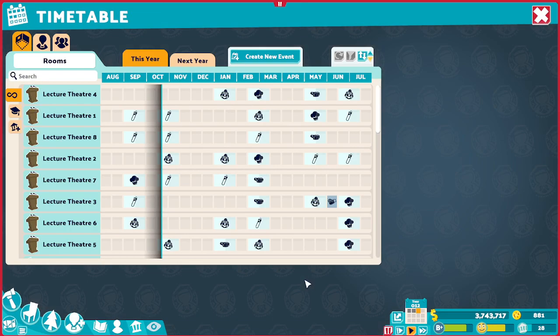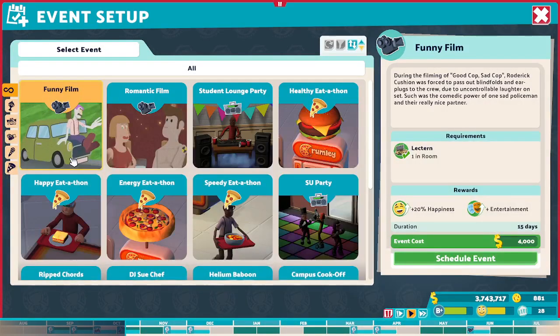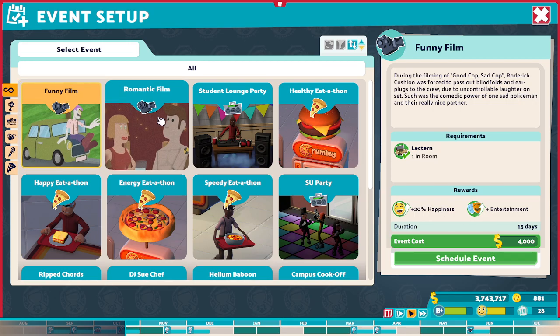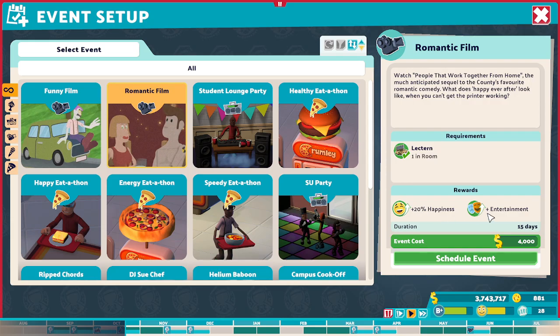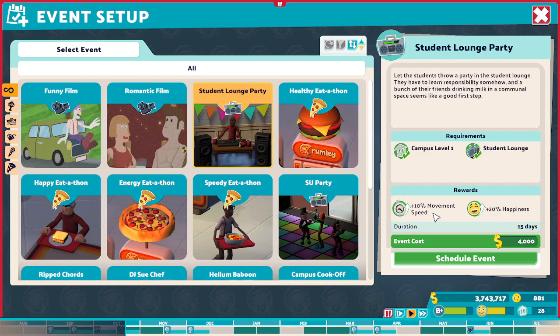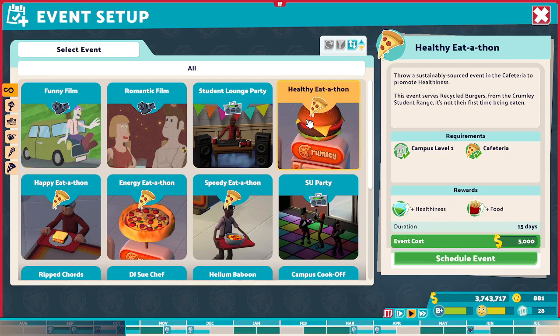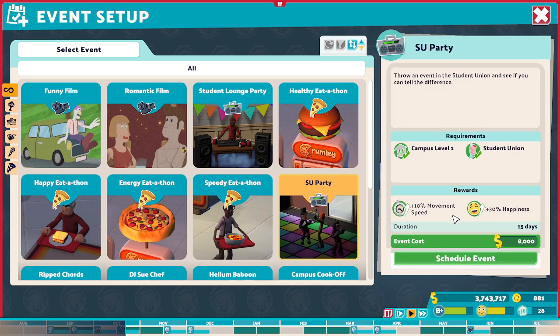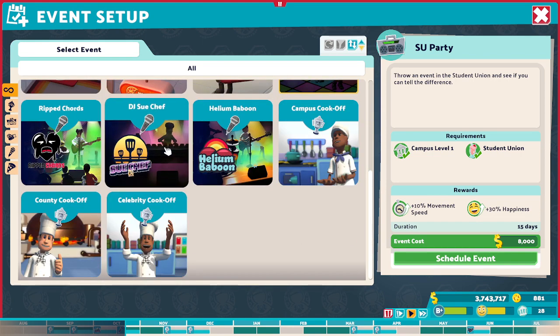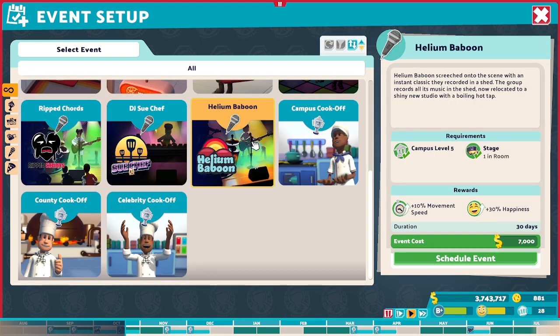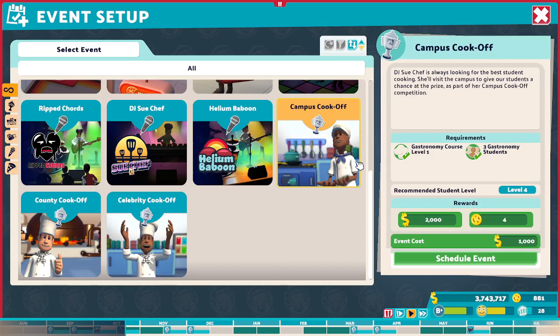Some events will improve the education level of your students, for example, if it's a competition. The funny film is going to improve happiness. It says over here, happiness and entertainment. Romantic film, happiness and entertainment. Movement speed, because it's a party, and happiness. This is food, so it takes away some of their hunger and improves their health. You've got another party, you've got a bunch of party stuff. This is a new one I haven't used yet. And then you've got the competitions,